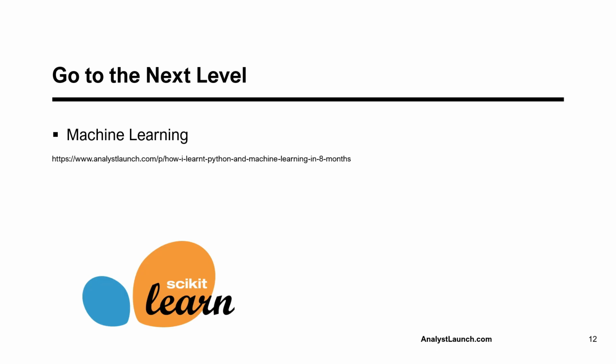Now, the good thing about machine learning is that there are a lot of libraries, especially in Python. Libraries are just pre-written code that you can use to help you develop your own machine learning algorithms. There's a logo at the bottom there. It's scikit-learn. It's a beautiful and massive library of machine learning models and algorithms that you can adapt and use yourself. And you can see a link there. I'm going to show you an article in a minute that I wrote just showing you how to learn that.